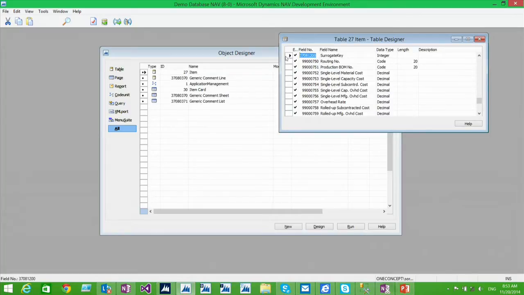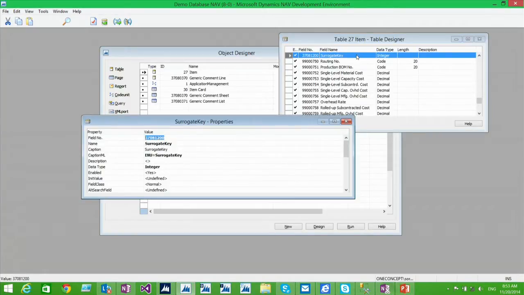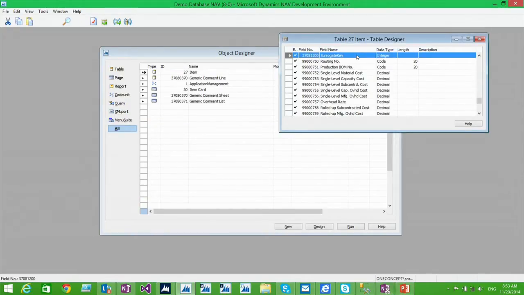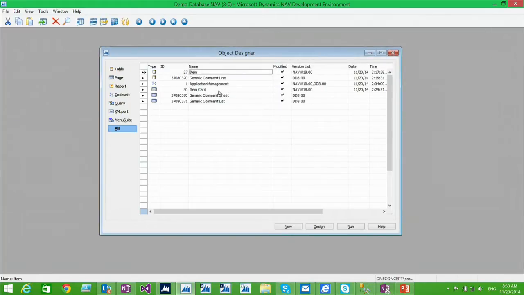All I did was add a surrogate key to my item table, and of course made it auto increment. That's fine, that's all I need. So now I have an anchor point on my table. I don't need anything else.